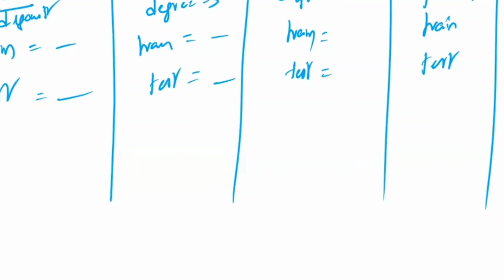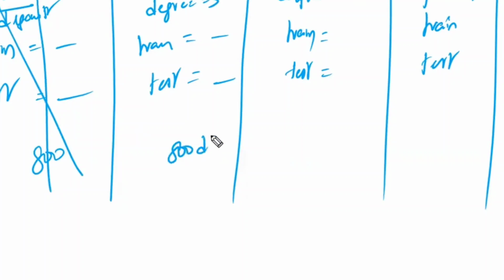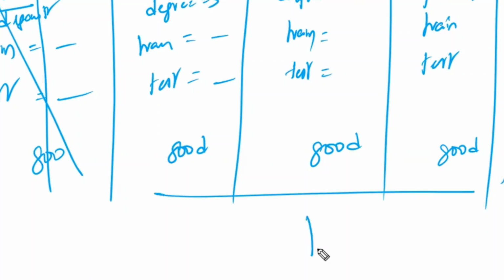Now, in total we have 5 different algorithms: train and test, train and test, train and test. Out of all these 5 algorithms, which are the good models you have to go with? This is not a good model because the linear assumptions have failed. This is a good model, neither overfitted nor underfitted. This is a good model, neither overfitted nor underfitted. Good model. Again, this one has some kind of problem. Assume some problem is there. Now, out of these 3, whichever is the best one, you have to select and share